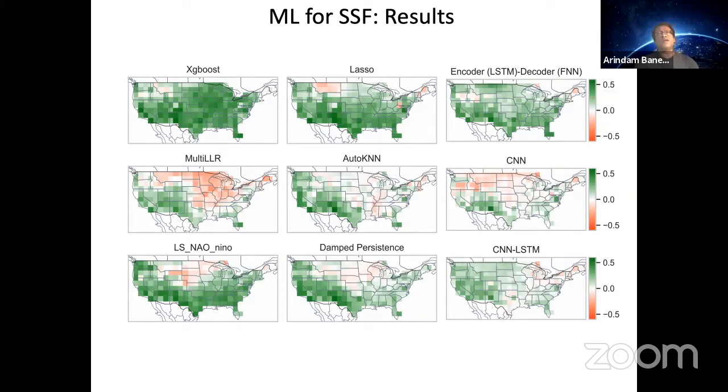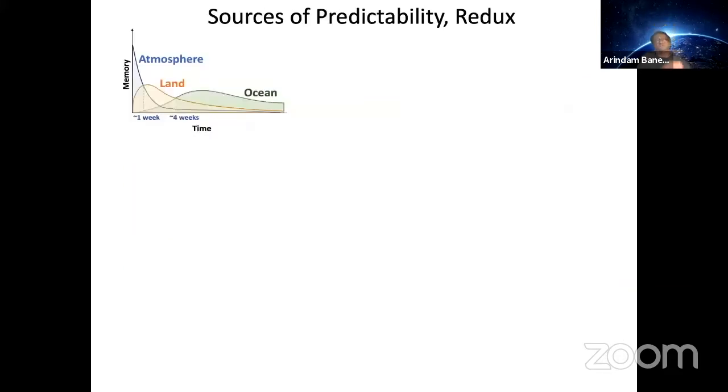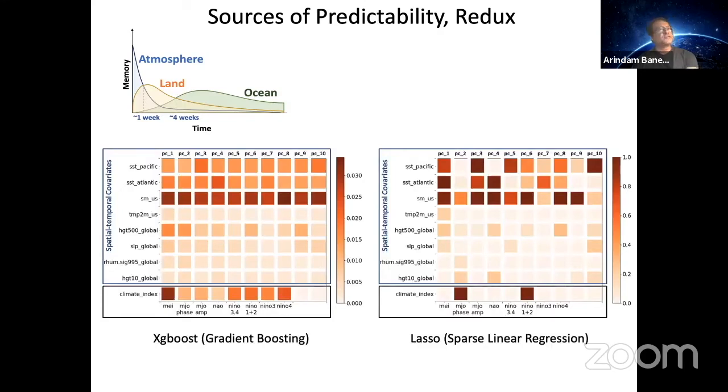But one interesting aspect of our work has been looking at what helped, what are the sources of predictability. You remember the schematic from one of the earlier slides. So we started investigating which features were deemed important by the models which did well. Right, so we looked at gradient boosting and linear regression. Broadly, what I'm showing is that for every feature, a darker color means that that was deemed important. The importance here is getting measured by Shapley value. This is now a popular method of evaluating feature importance. You could use other methods as well. We have other results in our paper.